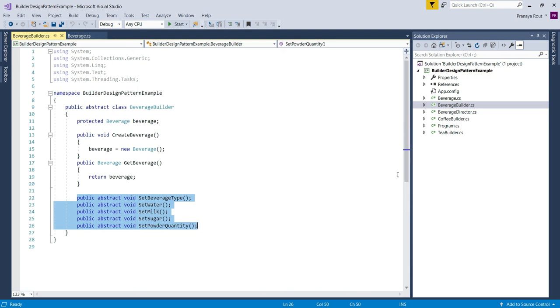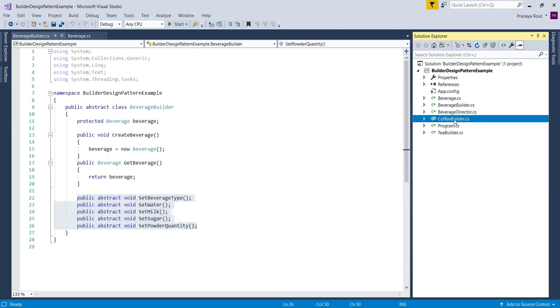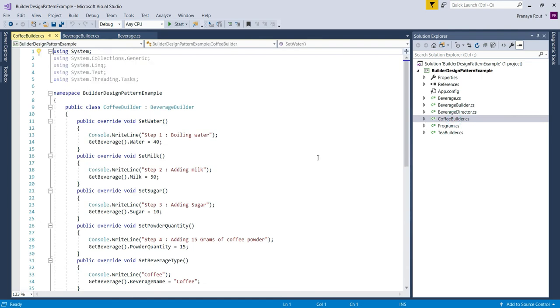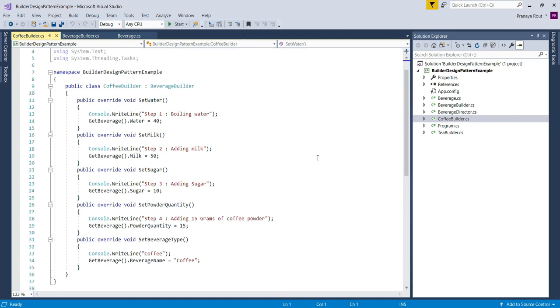So I have created one class file with the name CoffeeBuilder.cs. This coffee builder class creates coffee by mixing the components such as water, milk, sugar, and coffee powder. This coffee builder class implements the beverage builder abstract class and provides implementation to all the abstract methods, right?